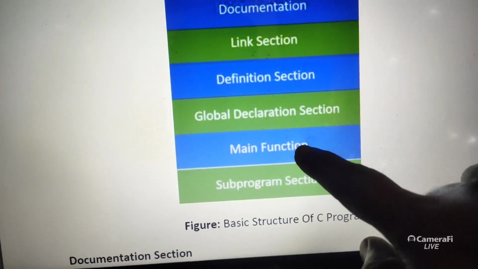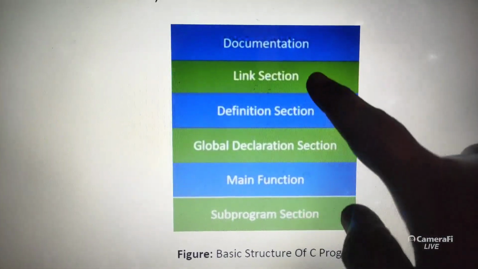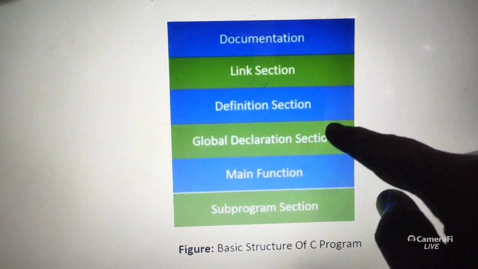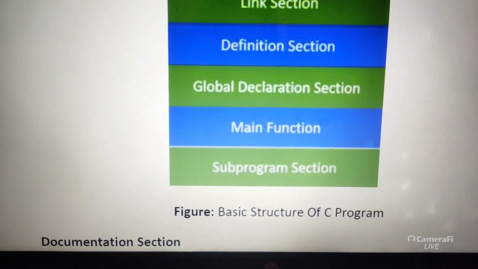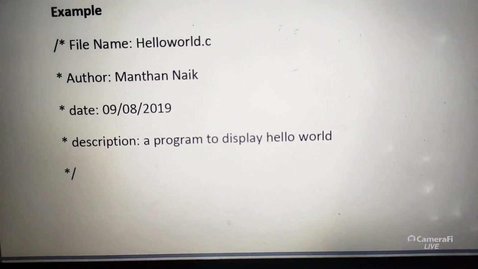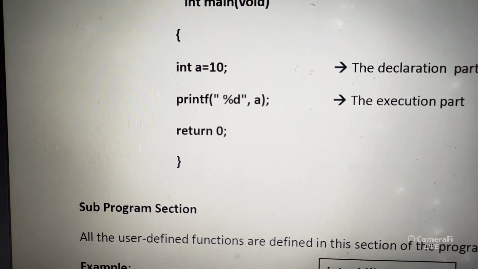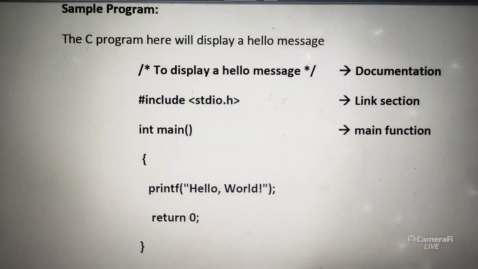Main function, system function, mandatory; the user function is not. So documentation is not compulsory. This last main block is compulsory, subprogram is also not compulsory. So like this 6 sections will be there. Maximum you can use 6 sections, minimum one section. One is compulsory: main.